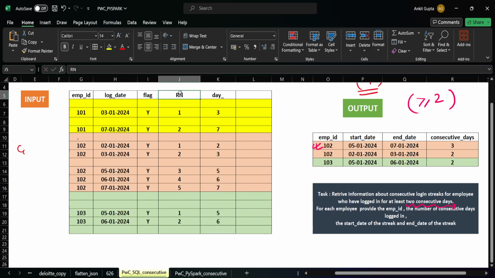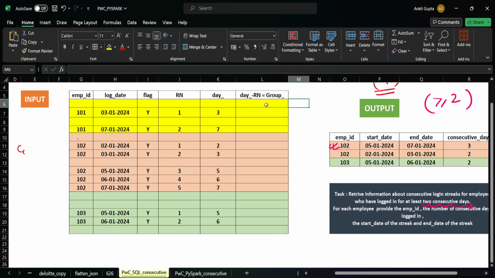Now we have the row number and we have the day. What can we do in the next step? We can find the difference between day and RN. So this will give us the group that we will see. So let me do it quickly. Then we will see how this is helping us, right? So let's see. 3 minus 1 is 2, right? 5 minus 2 is